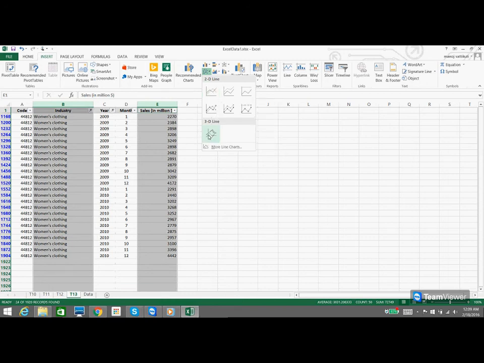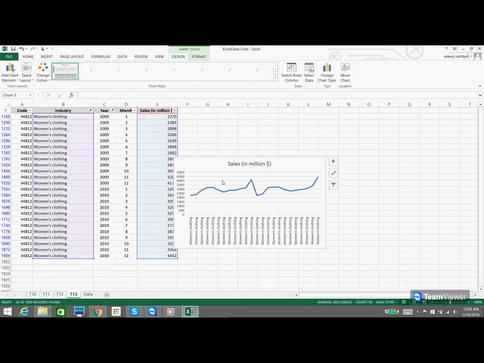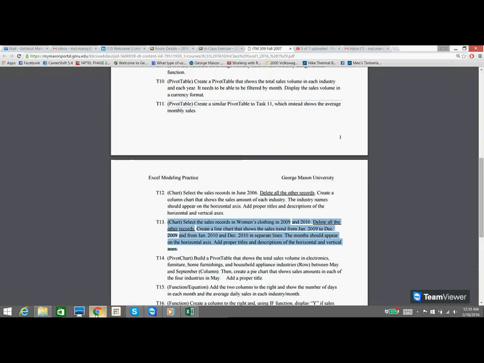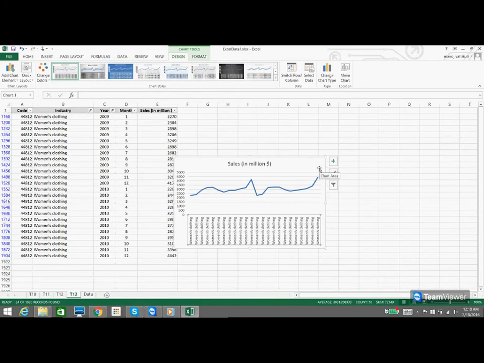So over here you could find the women's clothing respectively and the sales over here. So for instance, since we need to show it from a period January 2009 to December 2010, I need to change the axis, for which I can change it over here,